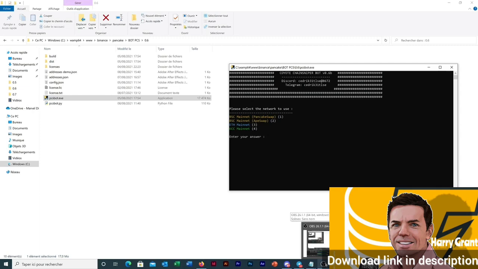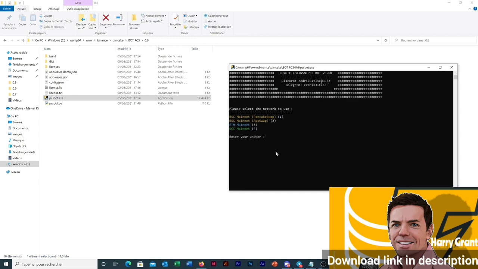So why did I make the Chain Sniper Bot? Because as we can see now, the tokens have a lot of anti-bot measures, like the tax on the first block, like the trading lock after the liquidity is added. We can have some max TX amount, so we cannot buy more than a certain amount of tokens. So for all these anti-bot measures, we will have a solution.